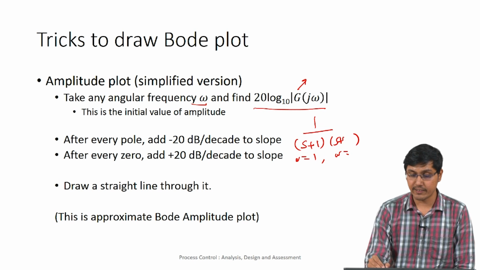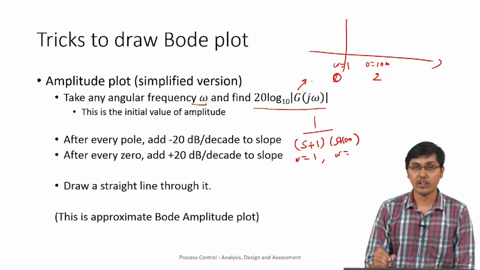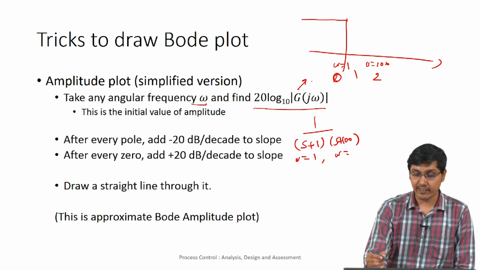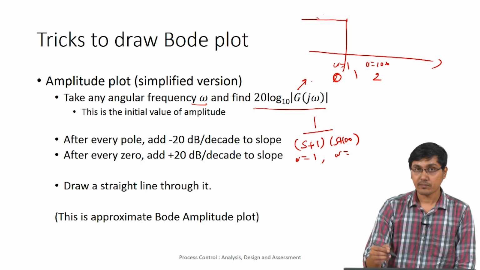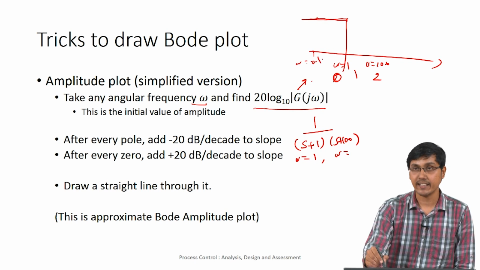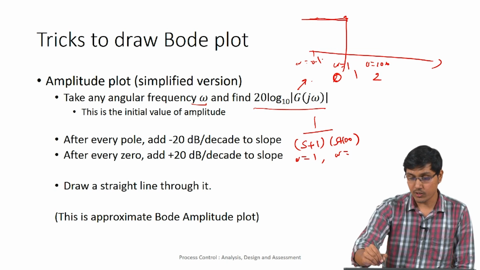Instead of 2, let us have 100 here, and then let us have a plot. Omega equal to 1 is actually 0 in the logarithmic scale, and omega equal to 100 is nothing but 2 in the logarithmic scale. Let us assume that we have computed the gain at some other frequency, say omega equal to 0.1, and then we draw a straight line here, and then after omega equal to 1 we start making it